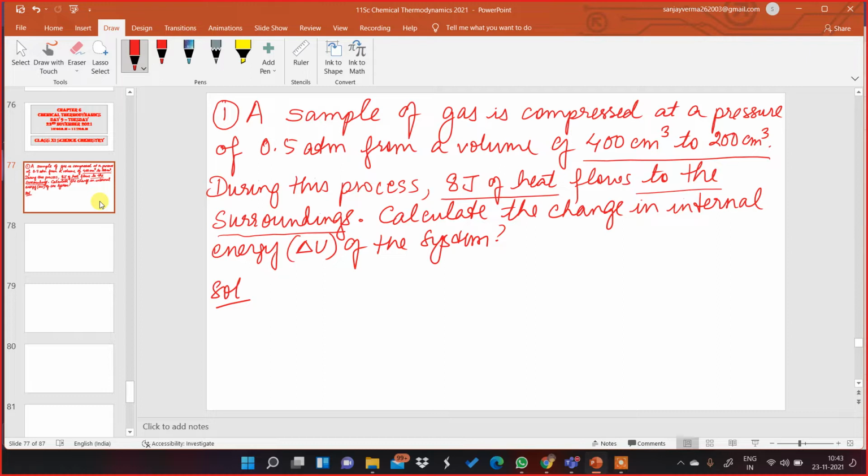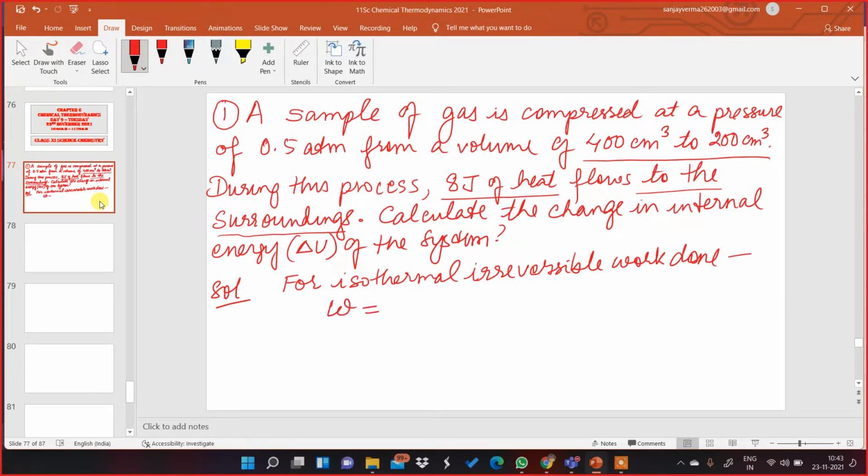So the solution you have to write down like this. For isothermal irreversible work done, the formula is W is equal to minus P external, into volume 2 minus volume 1, that is delta V. So if you put the values of pressure, that is minus 0.5,